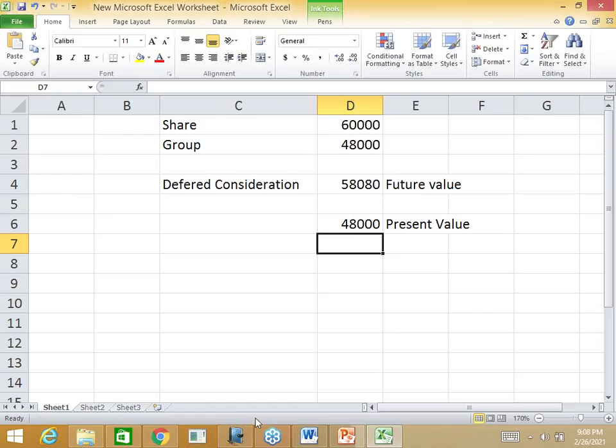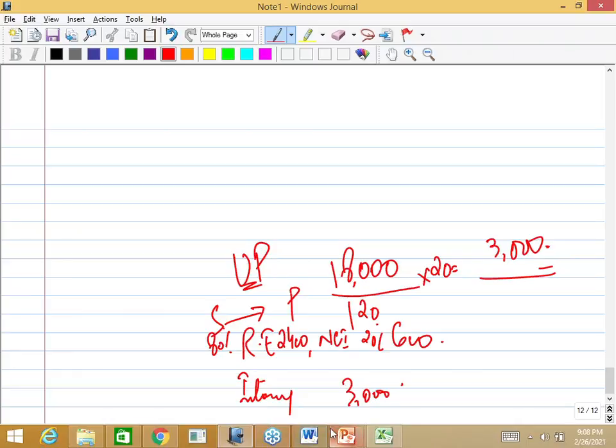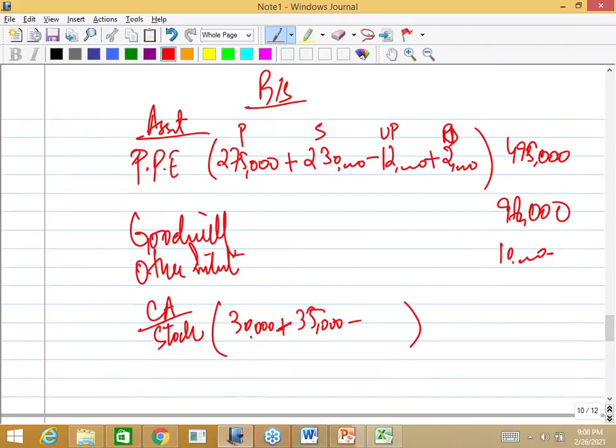So when you're preparing the balance sheet, the inventories figure should be deducted with 3,000. So the amount should be 62,000. So right now we are doing the asset side of the question. So I request you, all of you guys, to solve this question again on the constructive response workspace.